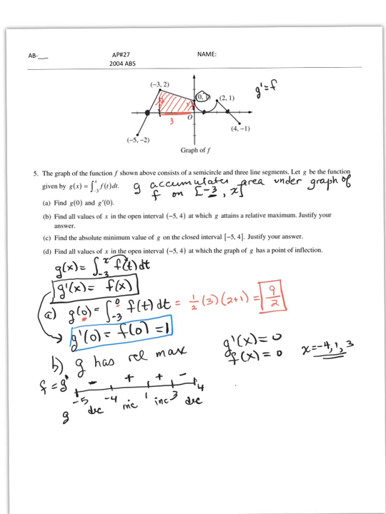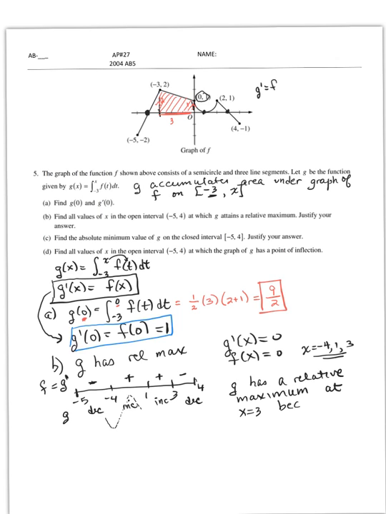So we'll say that g has a relative maximum at, well, let's think about it. From -5 to -4, the graph of g goes down and then up, keeps going up and then goes down. So it looks like a relative maximum would be at 3,